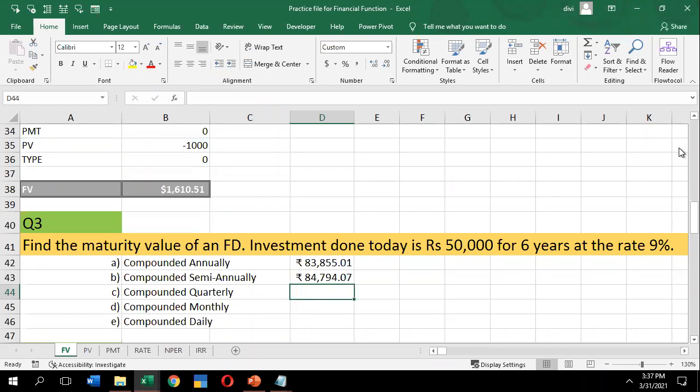Okay. Now, can anyone say how many quarters will be there in 1 year? How many quarters will be there in 1 year? Shamita, you don't answer. Others should answer now.